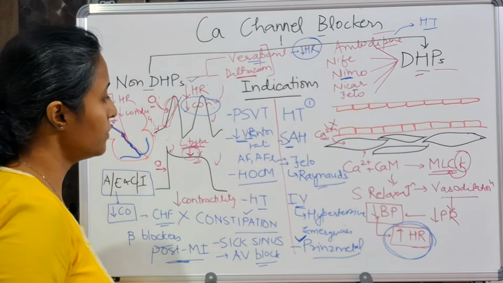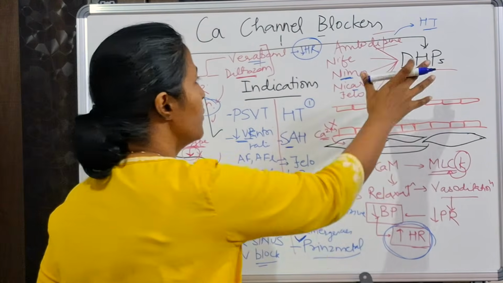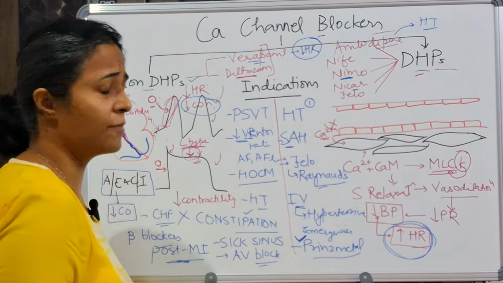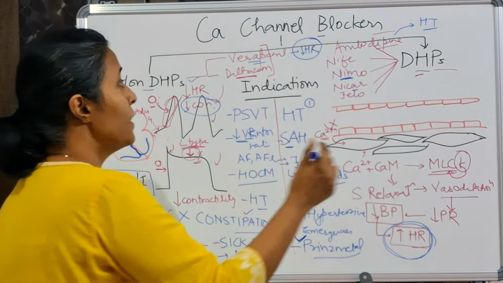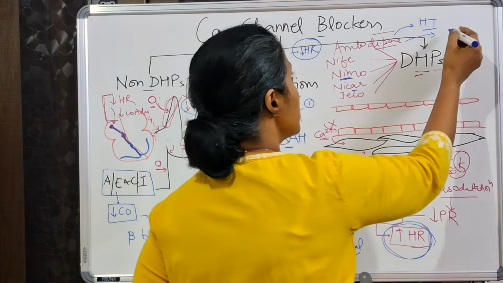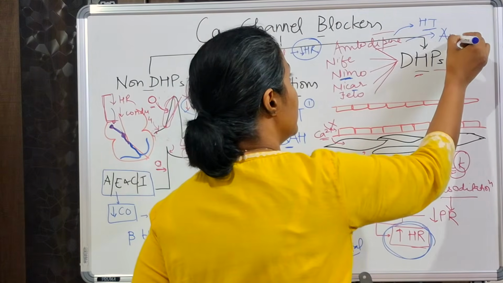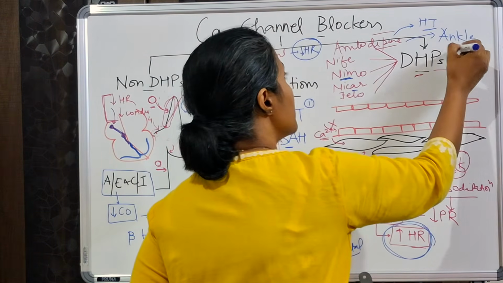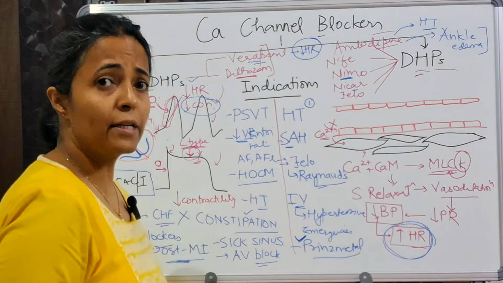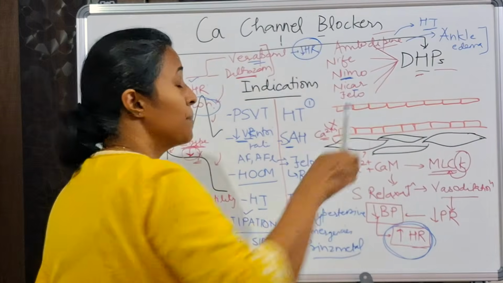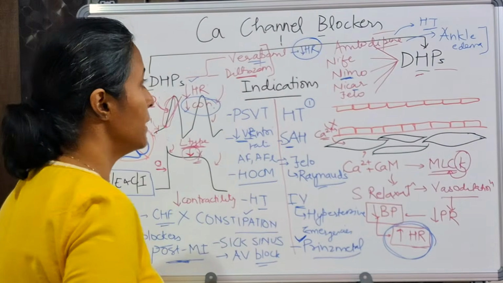Fine. Then moving on to some side effects of DHPs, I told you the most common side effect because of the smooth muscle relaxation is constipation. With amlodipine, there can be another side effect as well, that is ankle edema, because this is the most commonly used drug for hypertension. So that is why we should be careful that yes, patients may complain of ankle edema,